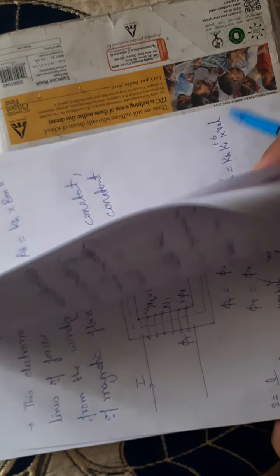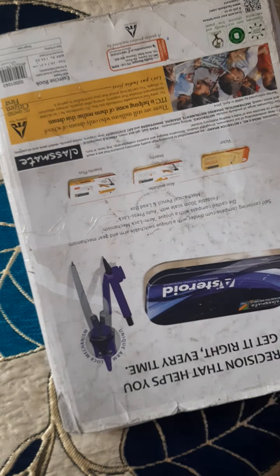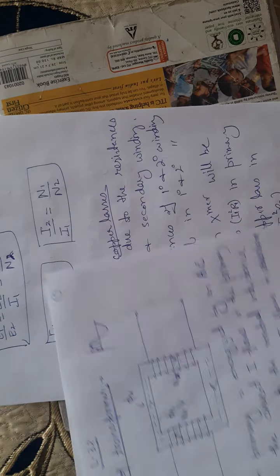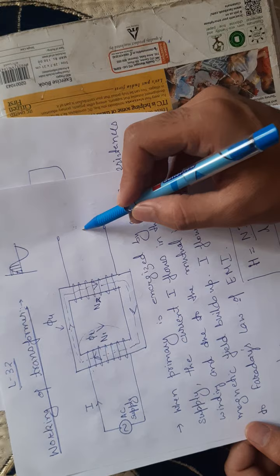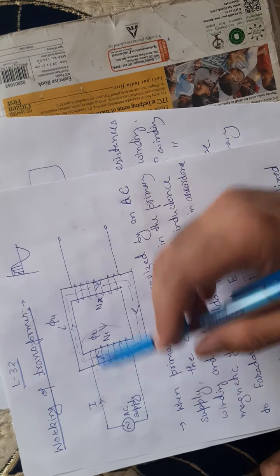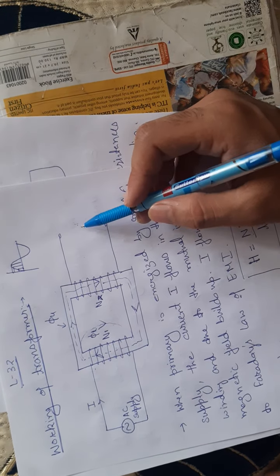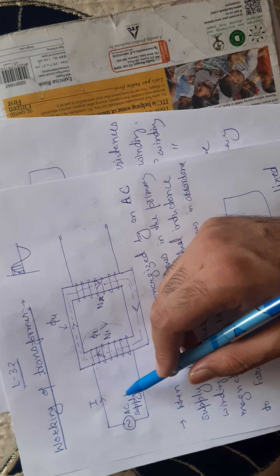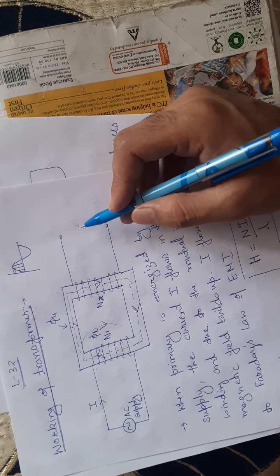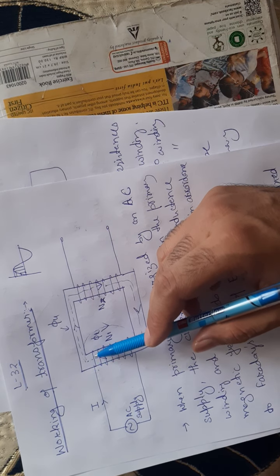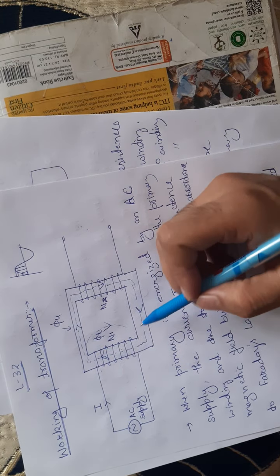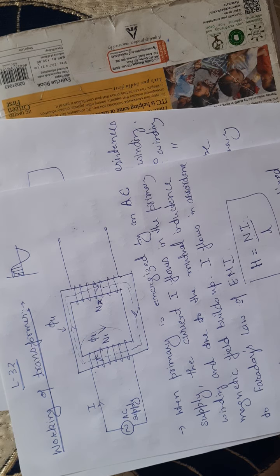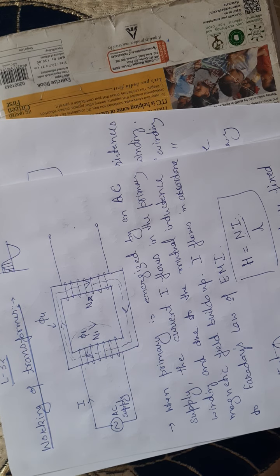I will take 1 or 2 minutes to discuss efficiency. If we have some input to the system, here we have the input, here we have the output. How much is the difference between the input and the output? It will give us efficiency. Suppose this is input power, here we have output power, and some power is lost in the circuit in the form of copper loss and core loss. So input should be equal to the output plus losses.